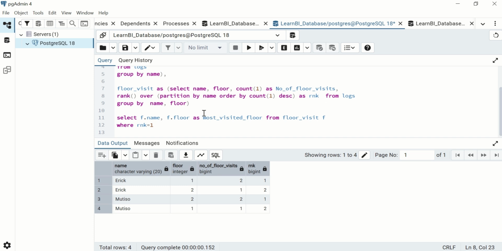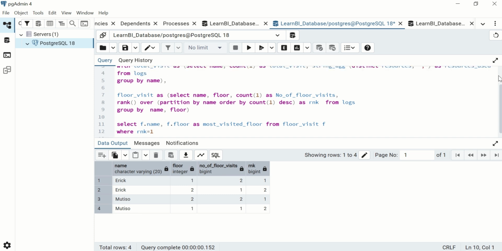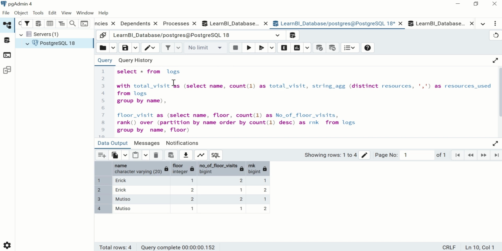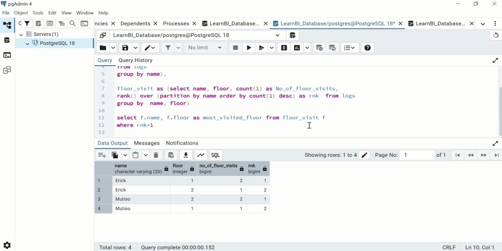Yeah, so for this case we will join these two tables, this table and this table here, the total visit and flow visit, and then we'll come here and then join the total visit table,